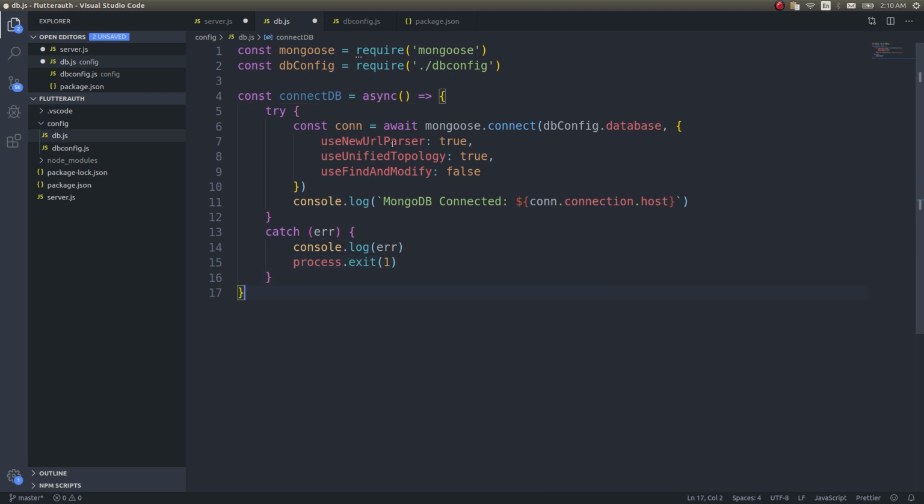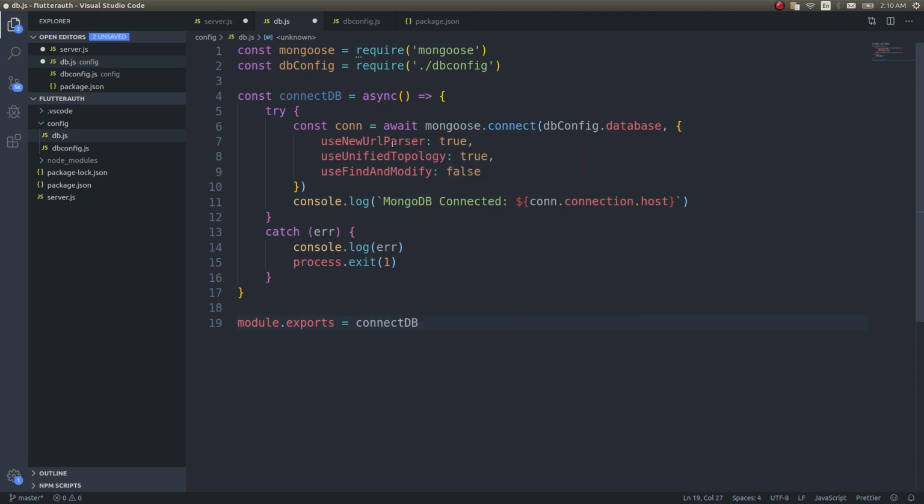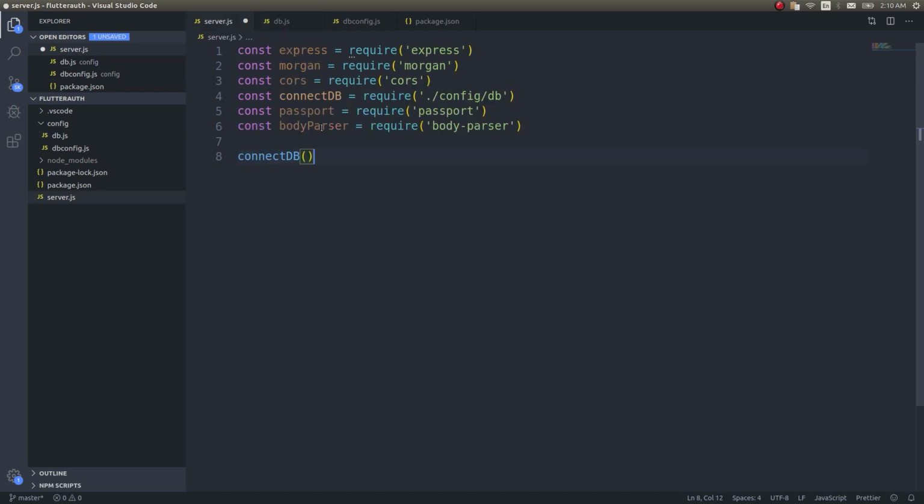Okay, and now we just need module.exports equals connectDB. Fine. Now wherever this db.js file is imported, we can simply make use of this connectDB, since we are exporting this from this particular file. So here I have pulled this up, right? I'm using connectDB, which means that as soon as the server is started, it will automatically try to connect the